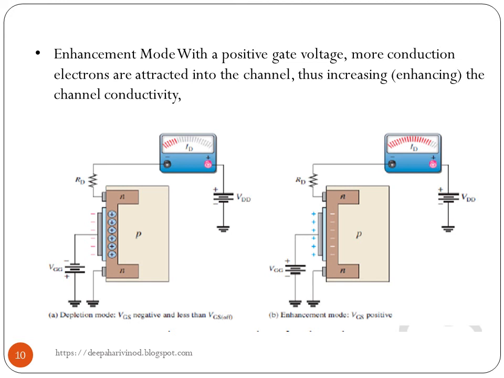So here we can see that when a negative voltage is given, the positive charges get attracted, positive being the minority charge carrier in the N region, and the electrons get repelled. So conductivity reduces. But in the enhancement mode, VGS is positive, so electrons get attracted and holes get repelled.